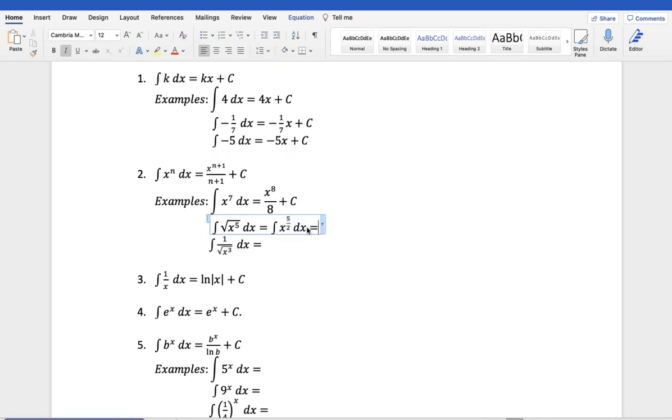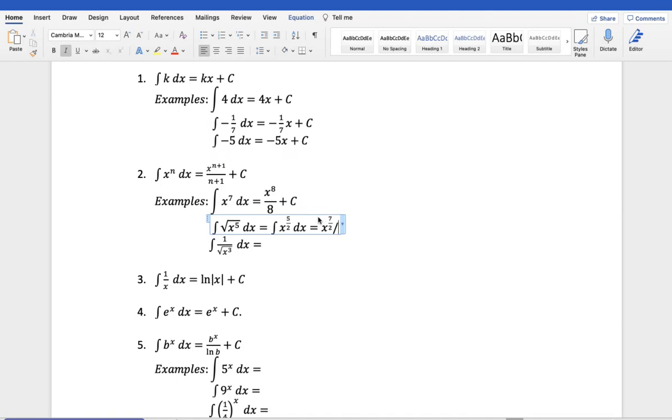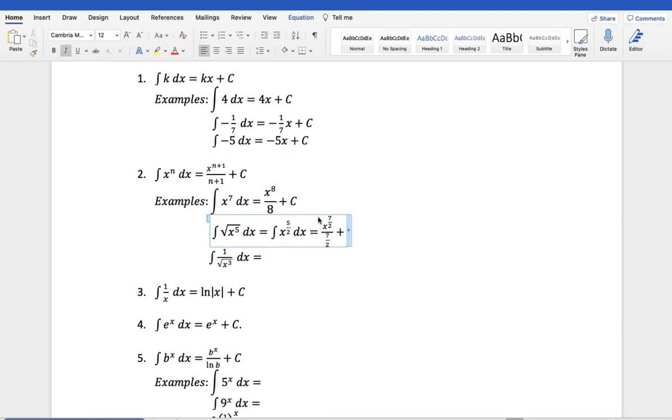And that integral, based on what the rule tells us, is just equal to x to the 5 over 2 plus 1, which is 7 over 2, divided by 7 over 2, plus c, the constant of integration. And this can be further simplified to just be 2 over 7, right, multiplied by the square root of x to the 7 plus c,